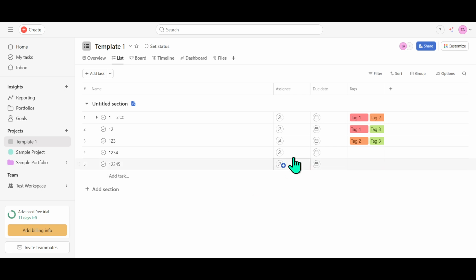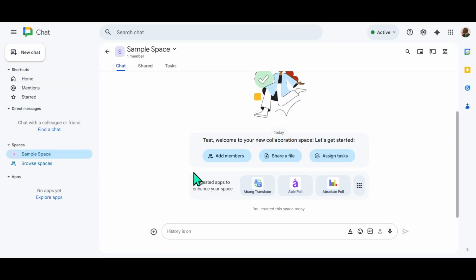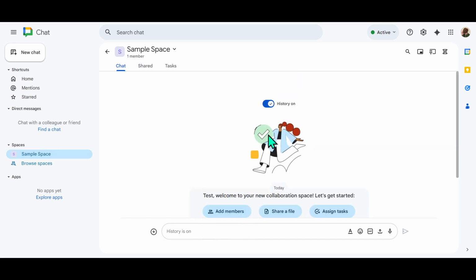First, you'll want to open Google Chat. Once you have Google Chat up and running, go ahead and open the specific chat space where you'd like to add Asana. This could be a room dedicated to your team, a project, or any space you wish to enhance